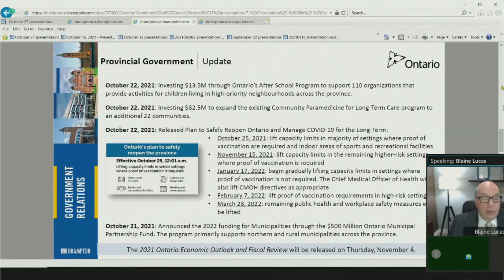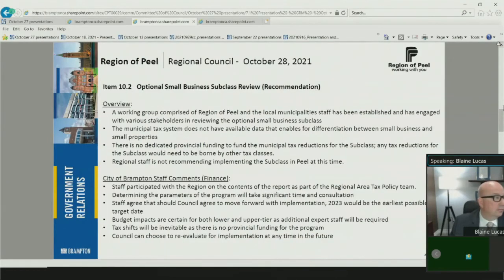Alrighty, I also wanted to point your attention to item 10.2 on the regional agenda, the optional small business subclass review. The province provided municipalities with an option for a property tax reduction for eligible small business operations. A working group comprised of regional staff and staff from local municipalities was established and has engaged with various stakeholders in reviewing the optional small business subclass. City staff participated with the region on the contents of the report as part of the regional